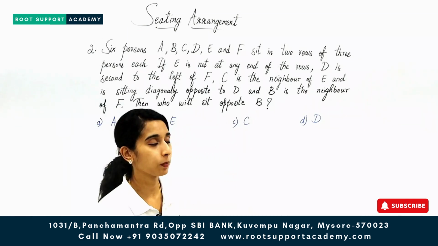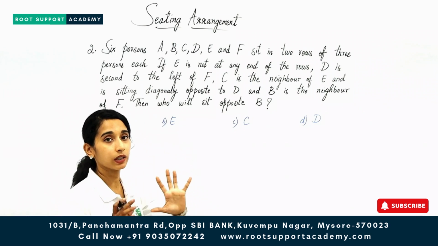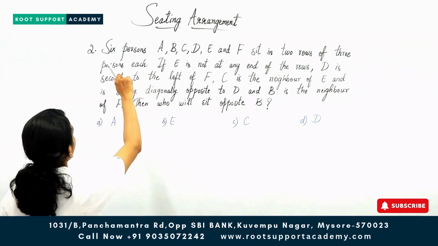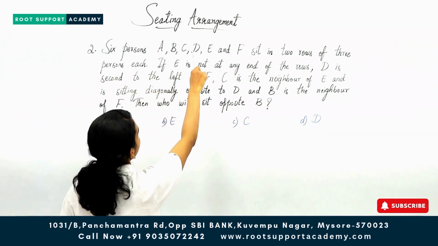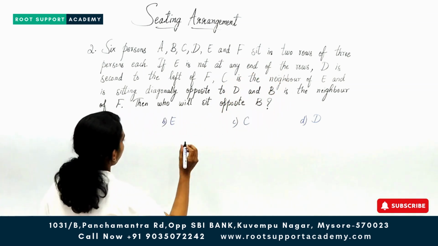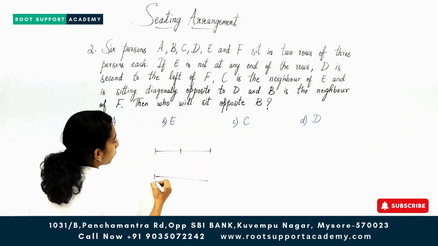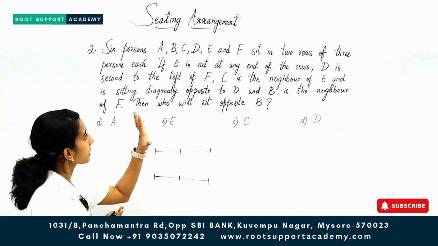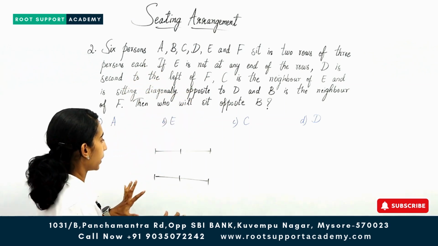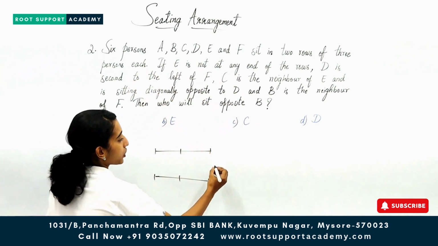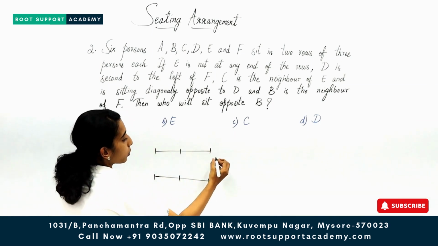Okay. So, next type of problem we have. This problem is given in 2 row sequence. Let us read. 6 persons A, B, C, D, E and F sit in 2 rows. Okay. They're sitting in 2 rows. Total how many? 1, 2, 3, 4, 5, 6. 6 people are sitting. Let us understand one by one. Now, when they have not given any direction, we assume that they are facing towards each other.